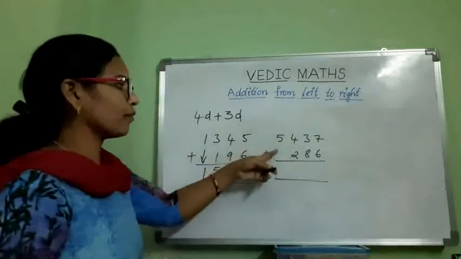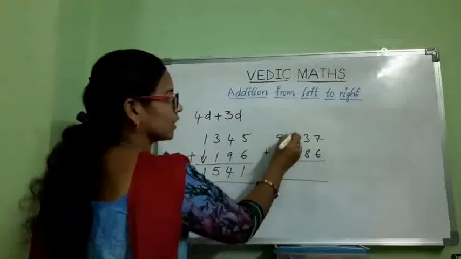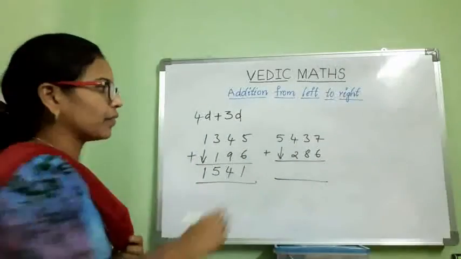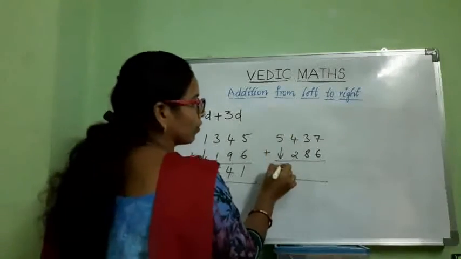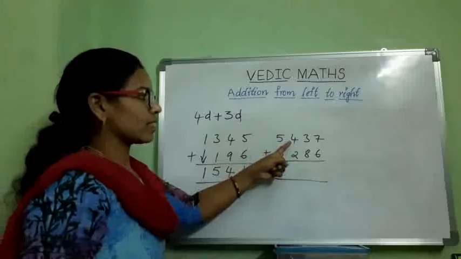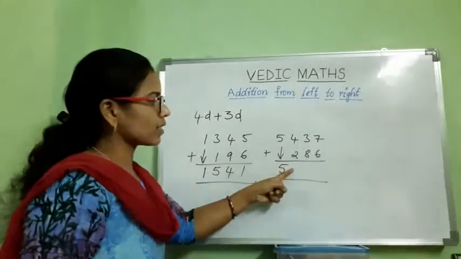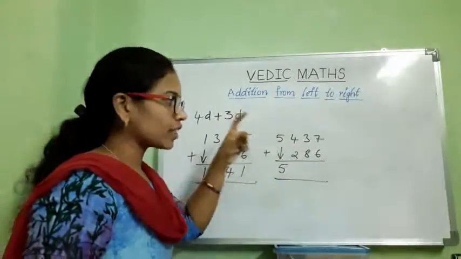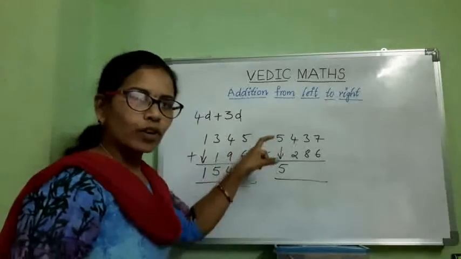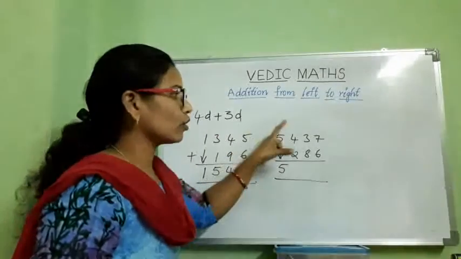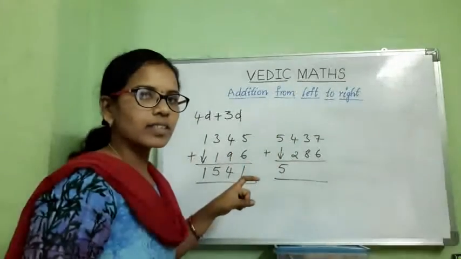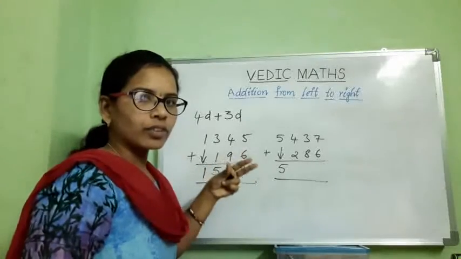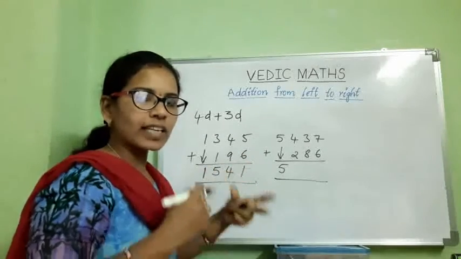Yes, before dropping 5 here, what we have to check? Check the next numbers. They are non-carry, so we write 5 as easily. Next, end digit of 4 and 2 is 6. Before dropping 6, check the next numbers. They are carry. At a time we have to check the next numbers. Yes, I am going to write a little bit fastly without saying everything outside.